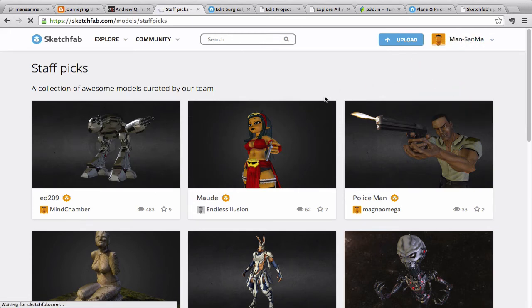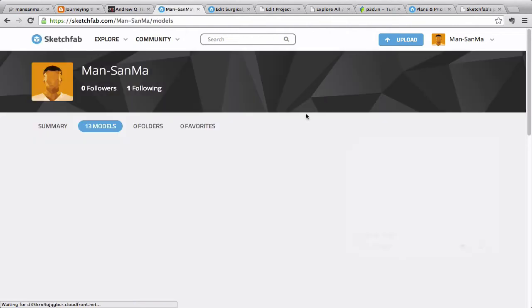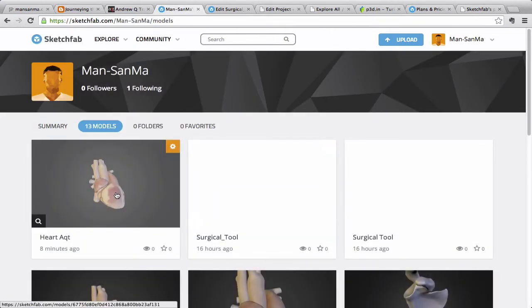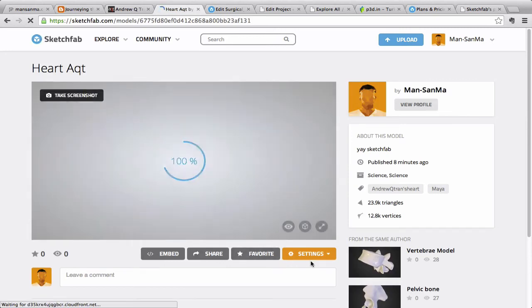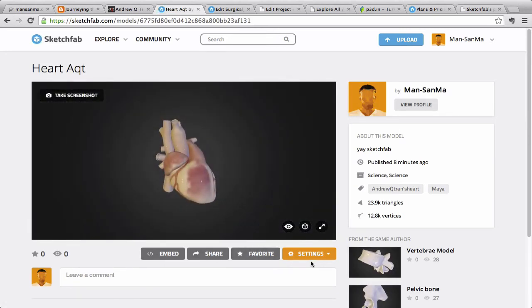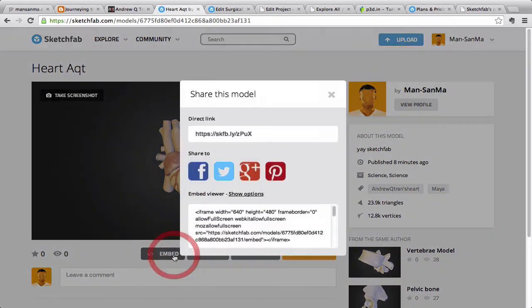So publishing your model on your website is fairly easy. There are also plugins that are available. So if you use WordPress, there's a plugin that you can download to use directly. But again, I'm going to use something that everyone can use. So if you're coding your own website, then you can just use the iframe code that it gives. So if I click embed,